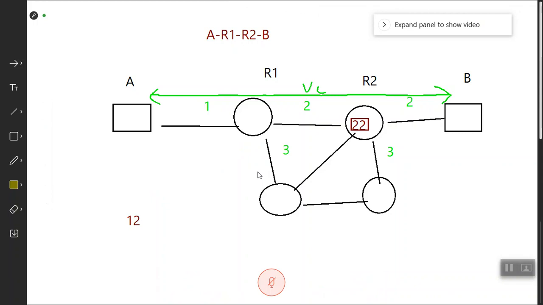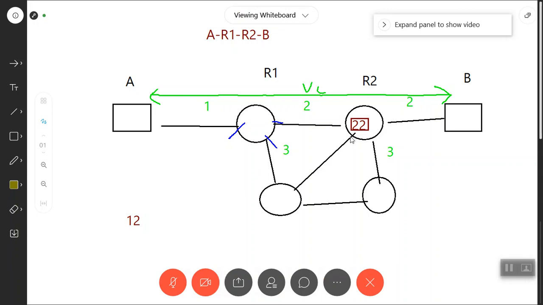R1 had incoming 1, 2 and 3 points here. That is the interfaces we have. I will point out the interfaces here with the help of another color, let's say blue. This is one interface, this is another interface, this is the third interface. As per the table, this is the incoming port, this is the outgoing one. To reach R2, as per the virtual circuit, the number has to be changed to this number. So it gave this number. That's why it moved on to this link and reached here.